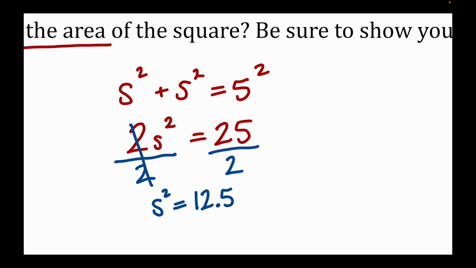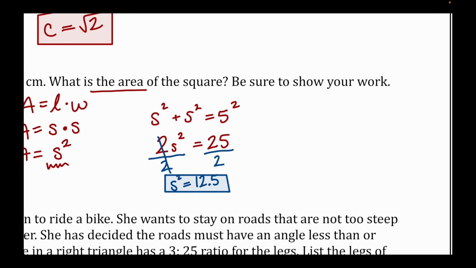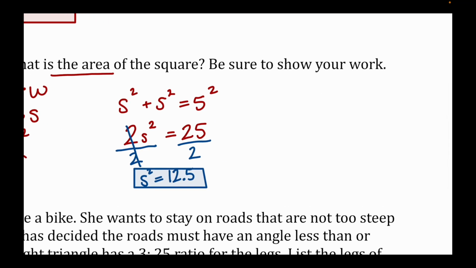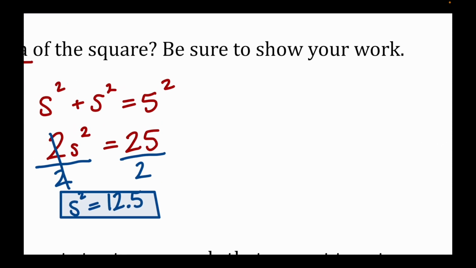And that would be our answer. Now I'm going to show you another way of proving that this is actually correct, in case you don't believe me or you maybe did stuff in class a little bit differently today. And you're like, Miss Bauman, but why is it like that? Well, we can continue. If I said s squared is 12.5,